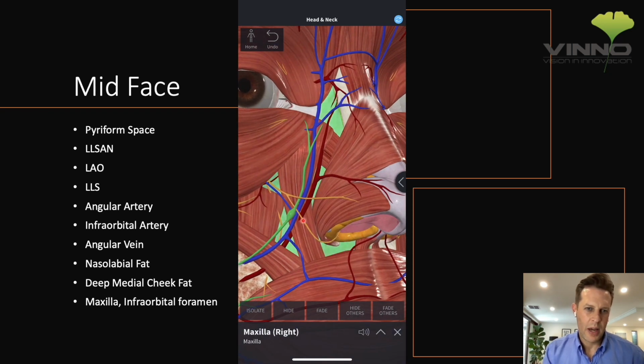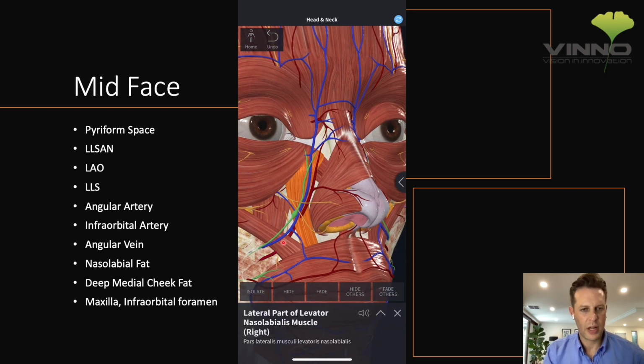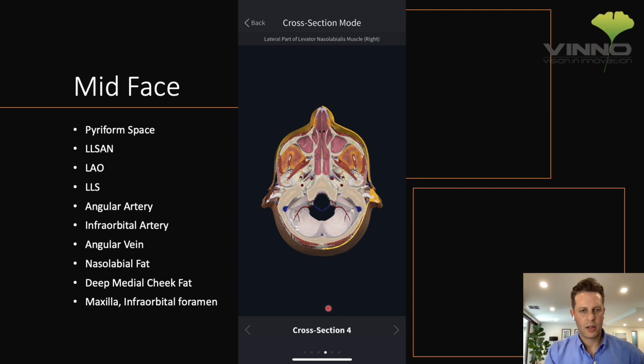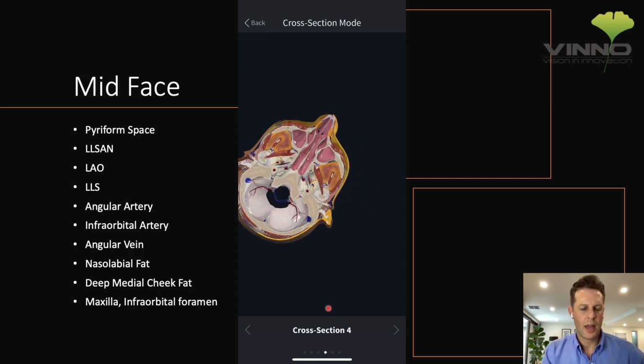The zygomaticus minor muscle does come in here as well, but sometimes it's a little bit too lateral to see on ultrasound, so we might not pick that up in some of the views that we take of the midface. Now, taking a quick look at the cross-section here, because this is the view that we're going to get on ultrasound, as we're a little bit